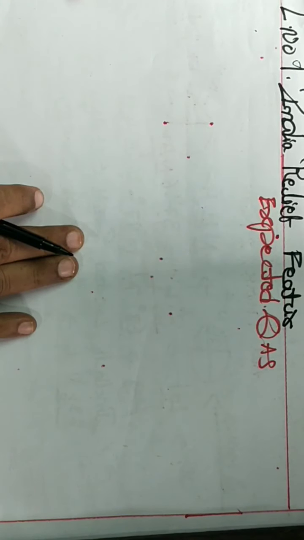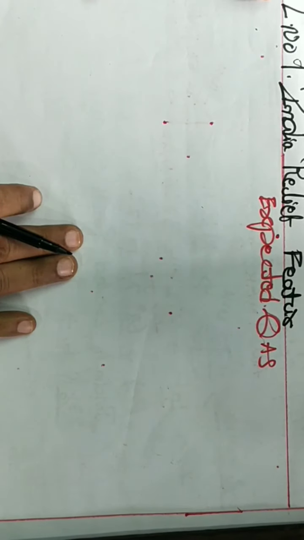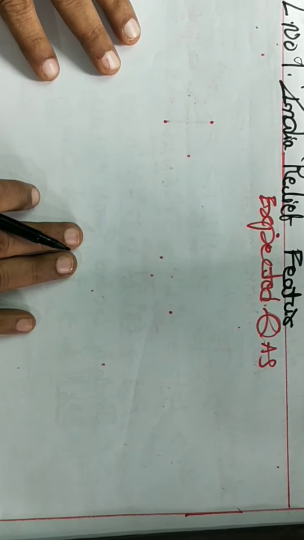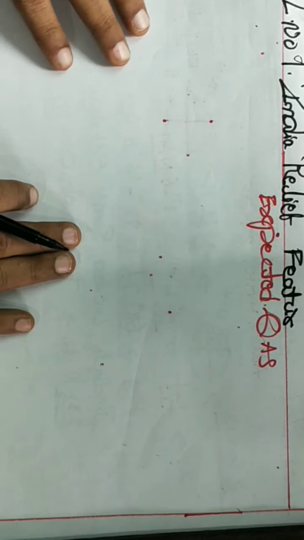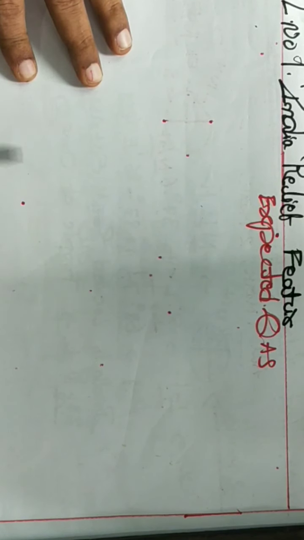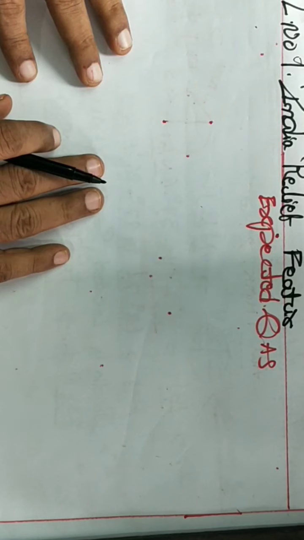As part of this program, today we are providing the first lesson, India's relief features. In this lesson, we are going to provide the expected questions. The expected questions means all 1 mark, 2 marks, 4 marks and 8 marks expected questions. This is a lesson from where we can expect 1 mark questions, 2 mark questions and map pointing. This is one of the important lessons.